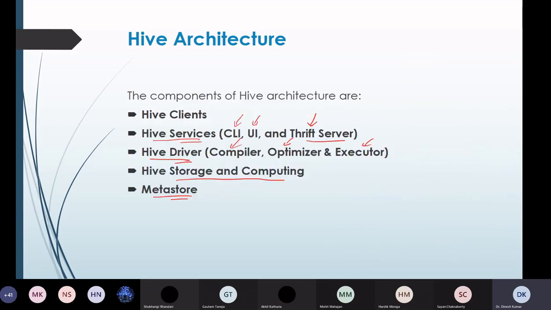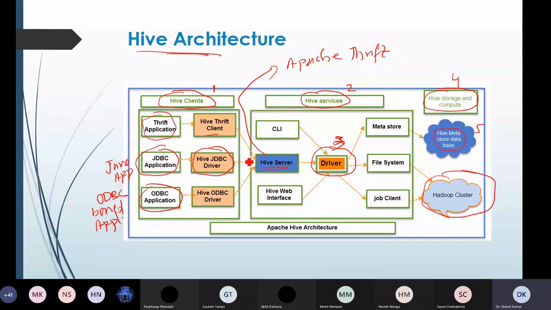If I go back, you can see all these clients, either a Thrift client, a JDBC based client, or an ODBC based client. All of them will interact first with the Hive servers or Hive services. There is a CLI, there is also a web-based interface, and there is a Hive server in case of the Thrift server, and all of these will further connect with the driver.